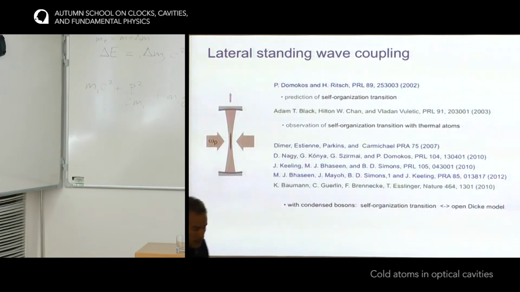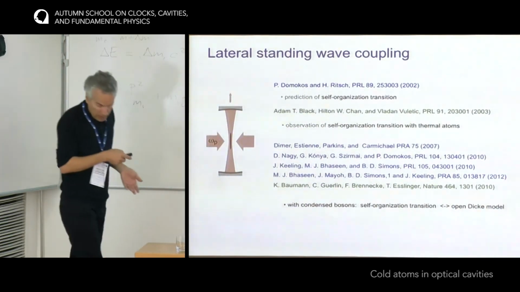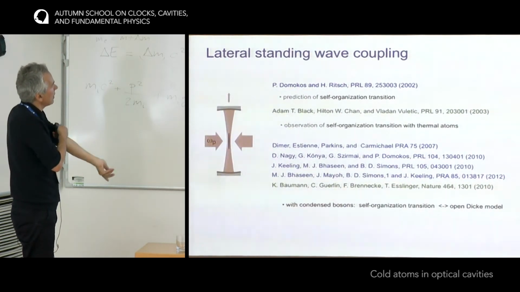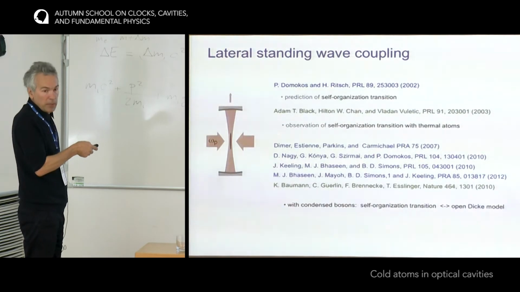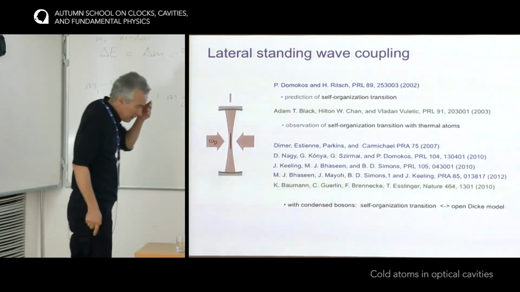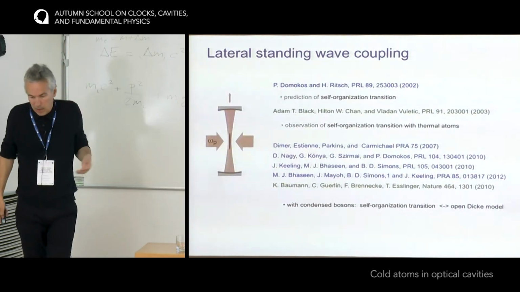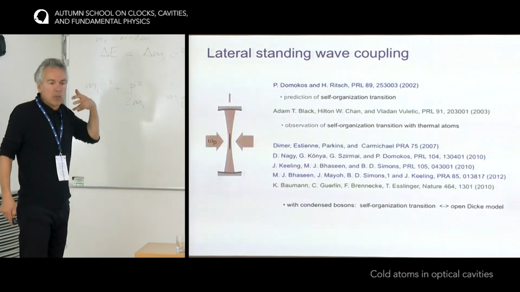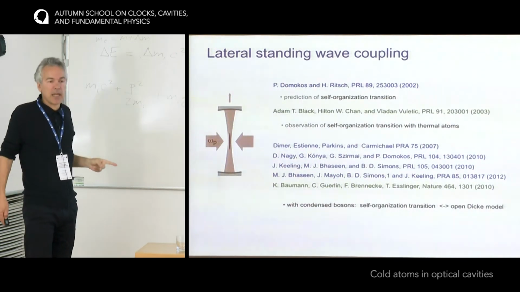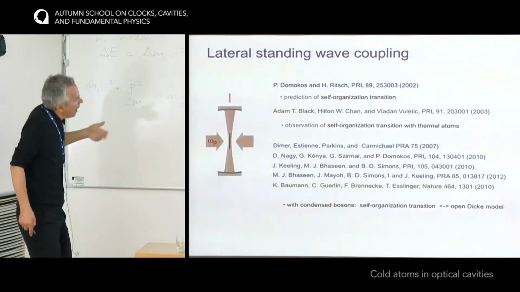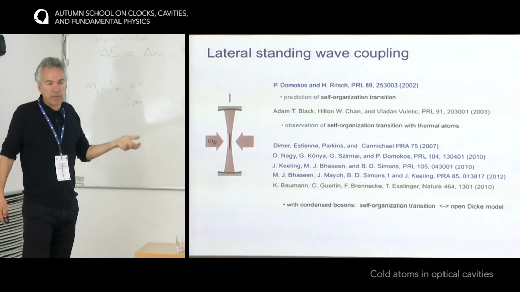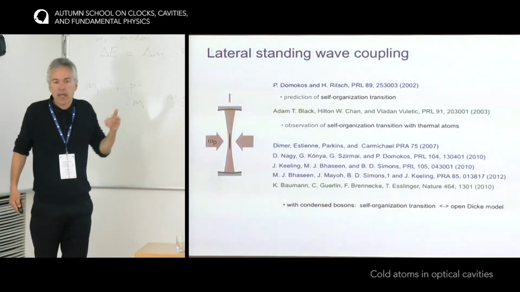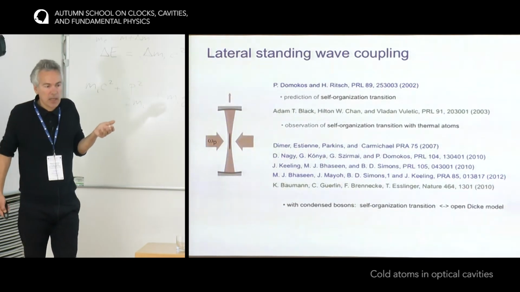So now I want to go to another seemingly related coupling scheme where instead of one beam, I have two beams. And now we will see that this leads to interesting new physics that is quite different from what I've shown you so far for single beam scattering, where you are looking at something you can call matter wave superradiance. There's an experiment of Wolfgang Ketterle's group at the end of the 90s, 1999, I think, where he has